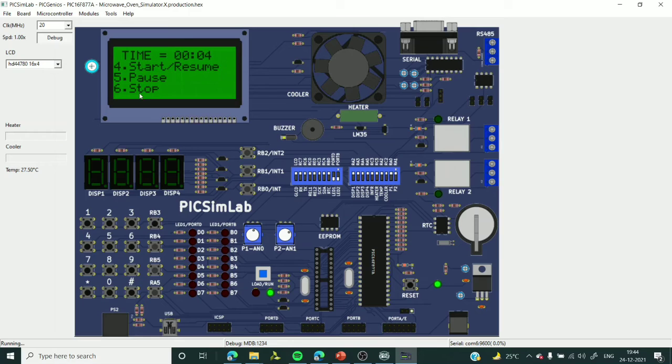Now there is another option called stop. Now in case I press 6, then my entire operation will be stopped. So let me say I press the key 4. So as soon as the timing reaches 0, we can hear a buzzer sound and a display telling that the work is done and the time is up. So that is displayed for about 2 seconds and then we return back to the main display which specifies all the types of mode provided by this oven.